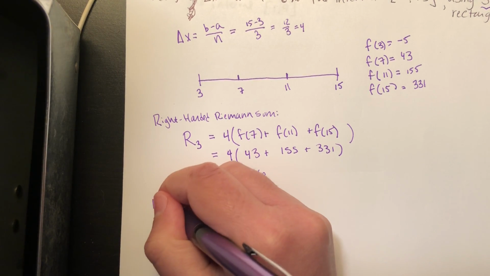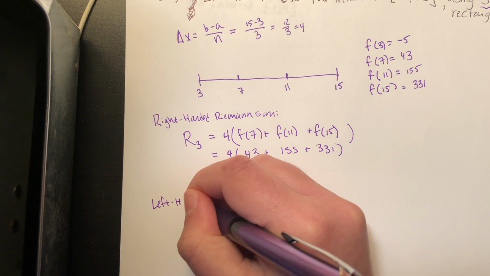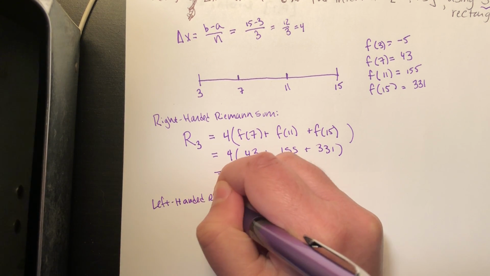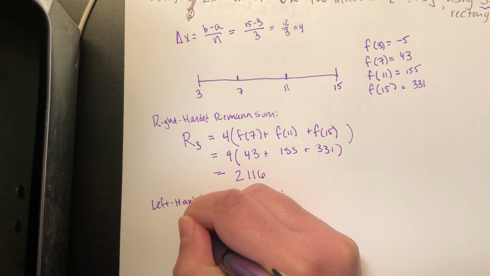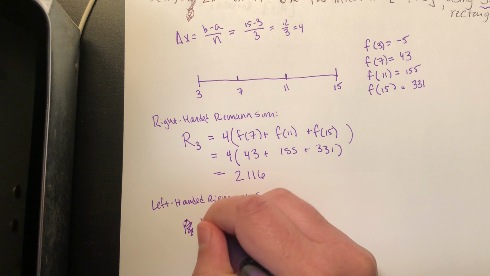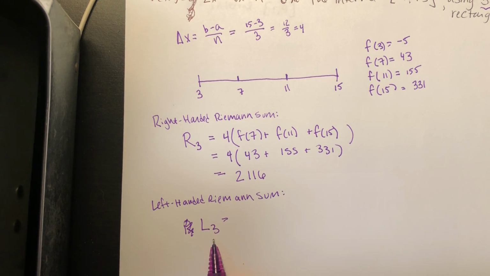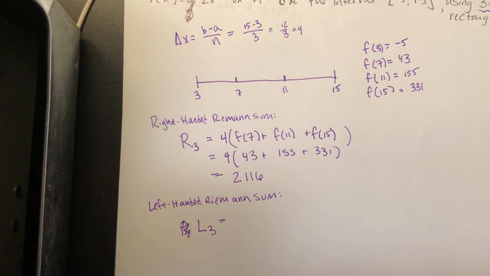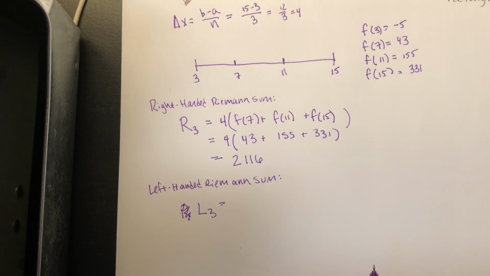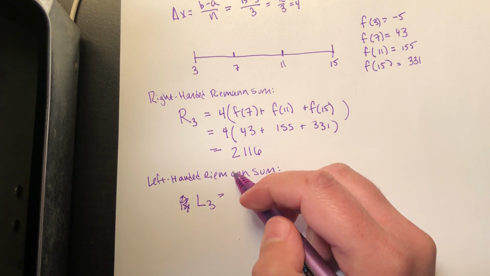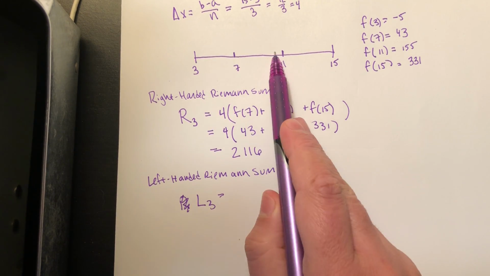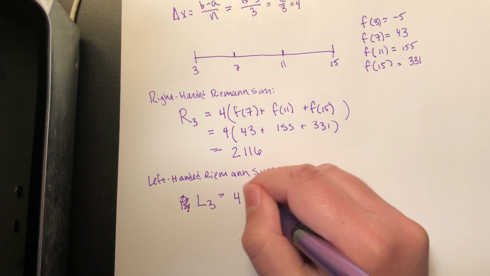Okay, now let's do my left-handed Riemann sum. It's almost the exact same computation, only now we're using the left endpoints. Okay, so left-handed would be L sub 3, and again we're putting a 3 here because we're using 3 boxes. We'd get a different estimate if we used more boxes, if we had increased this to 4 or 5 or something else. Alright, so L sub 3 is going to be equal to that same delta x on the outside,